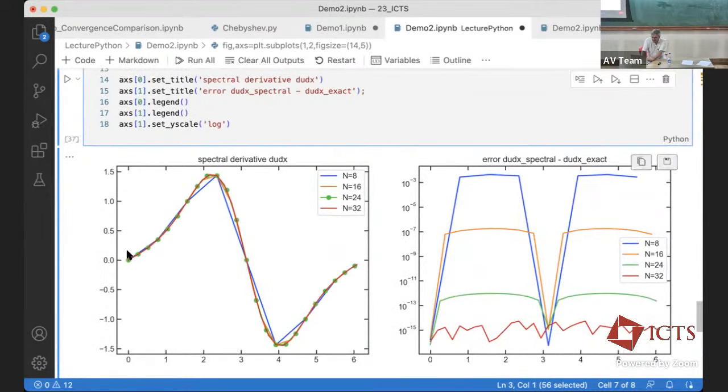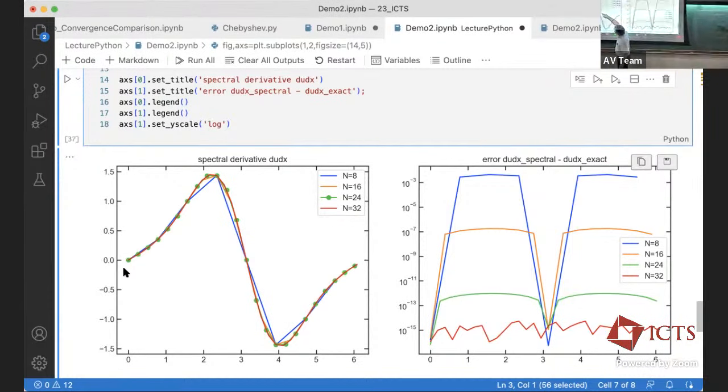The left-hand side are the spectral derivatives computed this way. And they're all quite close to the result. The biggest deviation from the result that you're actually seeing here is that Python connects the individual points with straight lines. And so the blue curve here isn't bad because it's away from the true answer, but it only appears so bad because Python puts a straight line here, discarding all the cool high accuracy power of the Fourier series in the background.